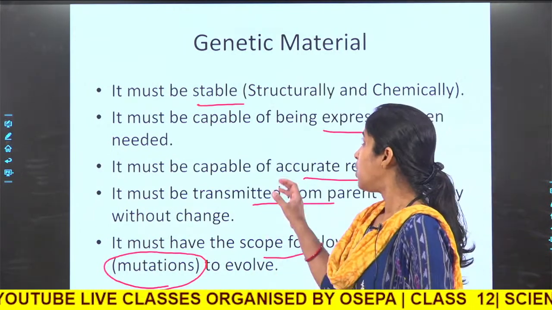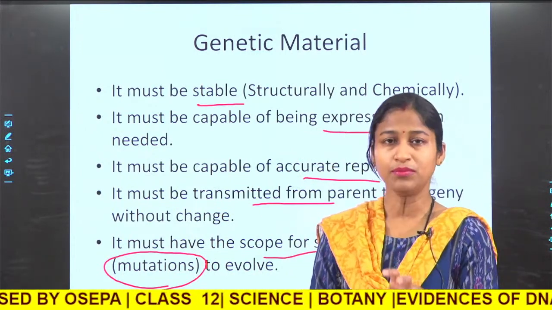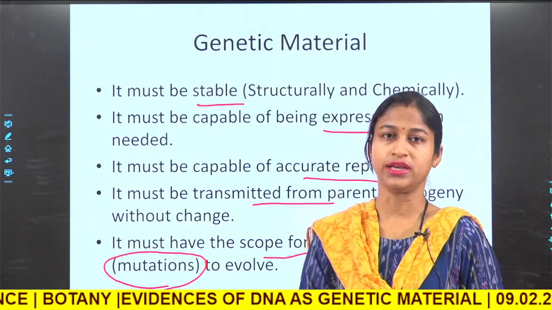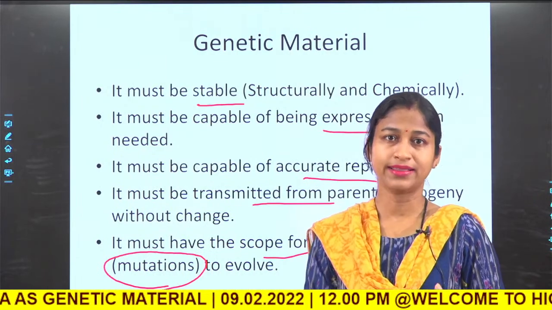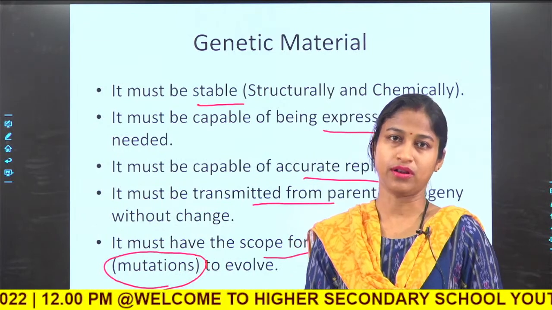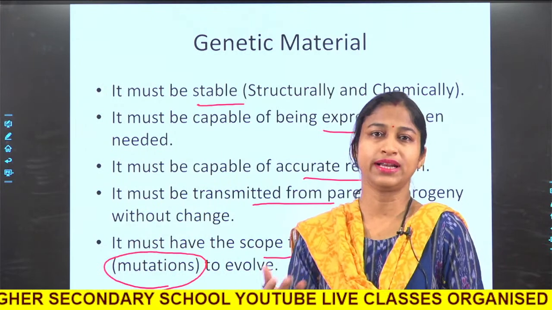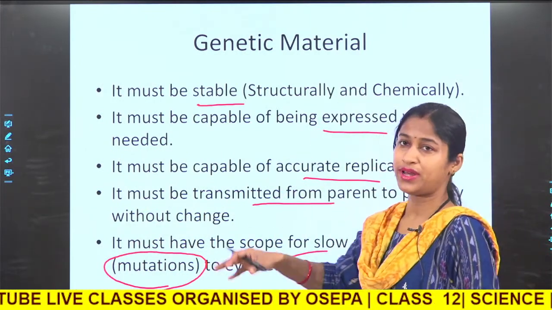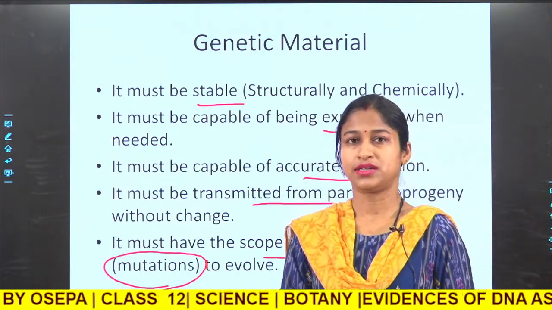So, what is the genetic material? Which one is transferred from one generation to another, from the parent to the progeny? A lot of scientists have tried their best to know which one is the genetic material, whether it is DNA, RNA, protein, carbohydrate or anything else. To prove this, many scientists have done many experiments,